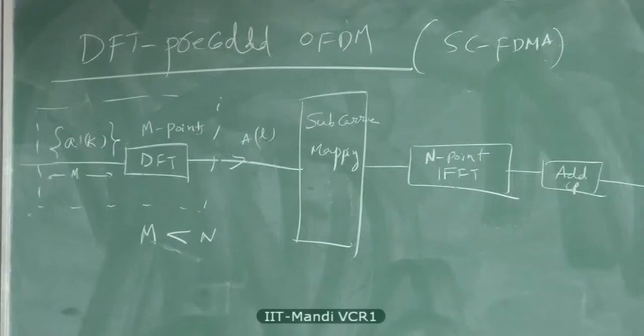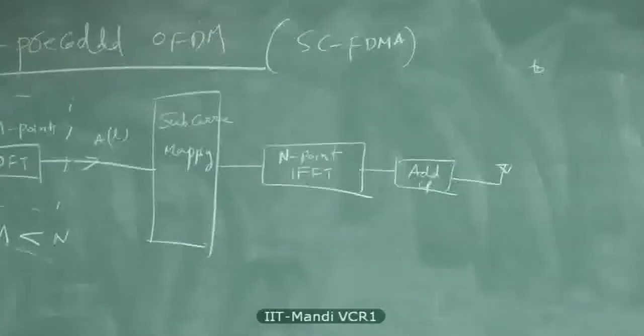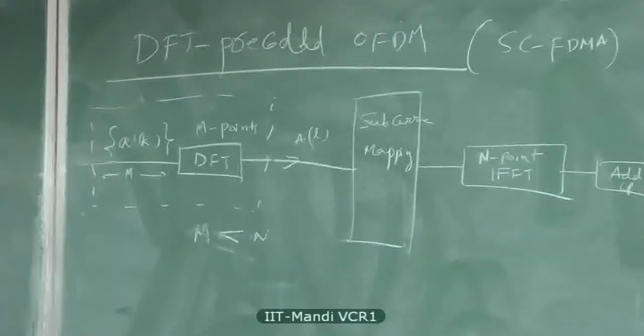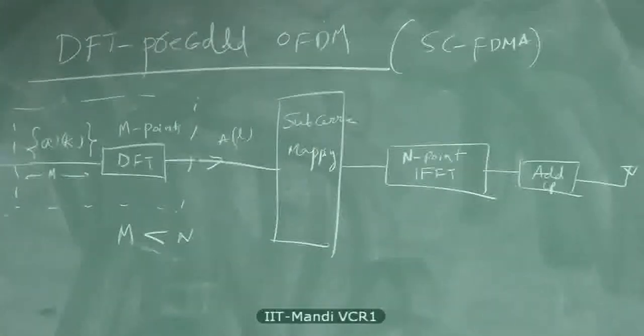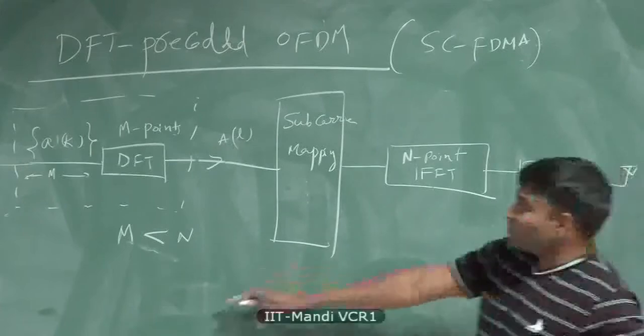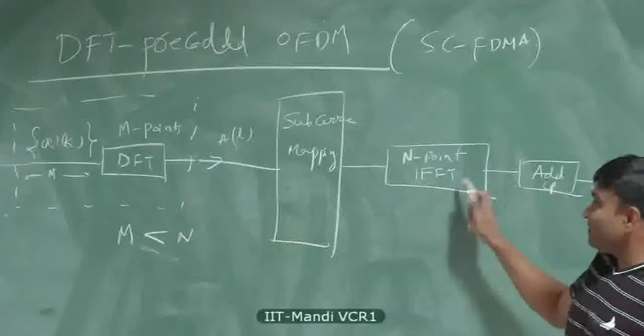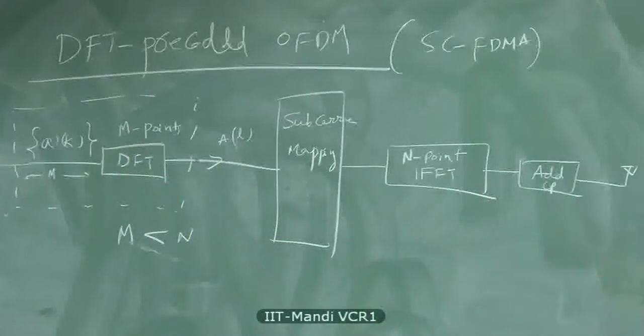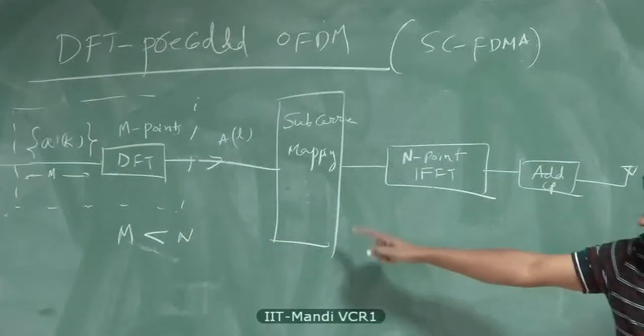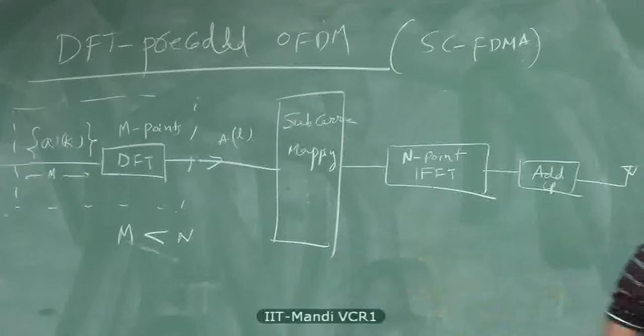So what do you think will happen because of this precoding? Normally, the data is in frequency, right? Frequency and then we went to time. Here it's in time, it went to frequency and then it went to time. So we are nullifying the frequency. Yeah, of course, if M equal to N, you may say this DFT and IFFT will cancel and you will end up with A_K there. That's not the correct way of looking at it because M is less than N and there will be oversampling, so it will affect the pulse shape. It will introduce a pulse shape.